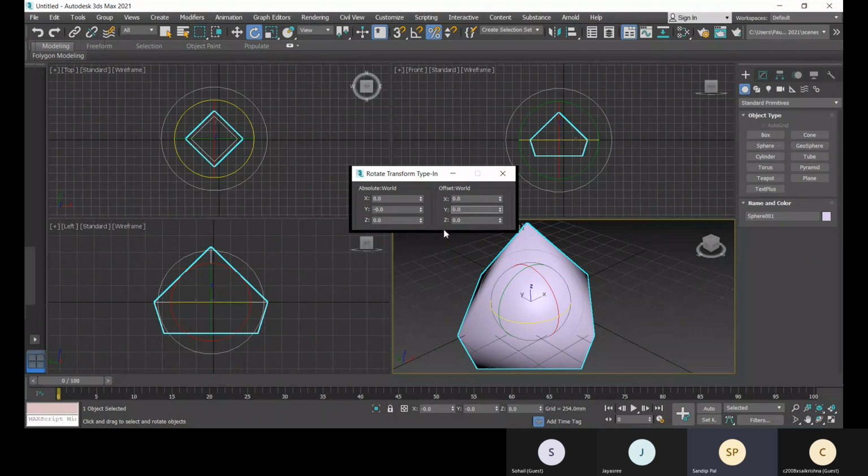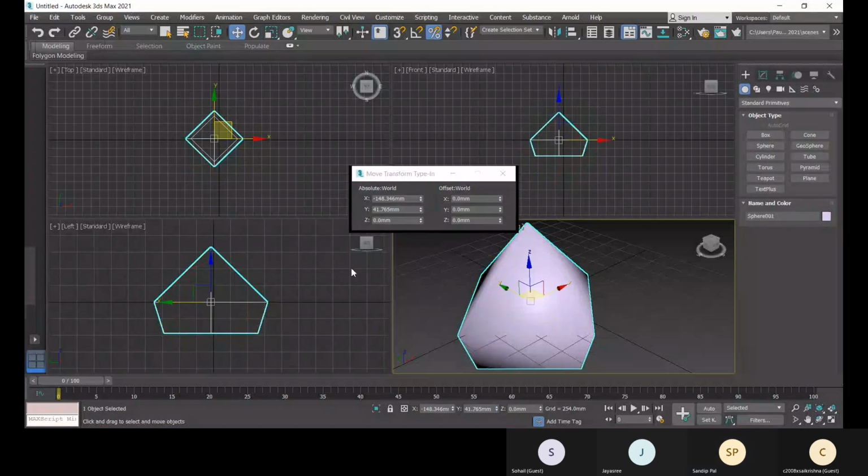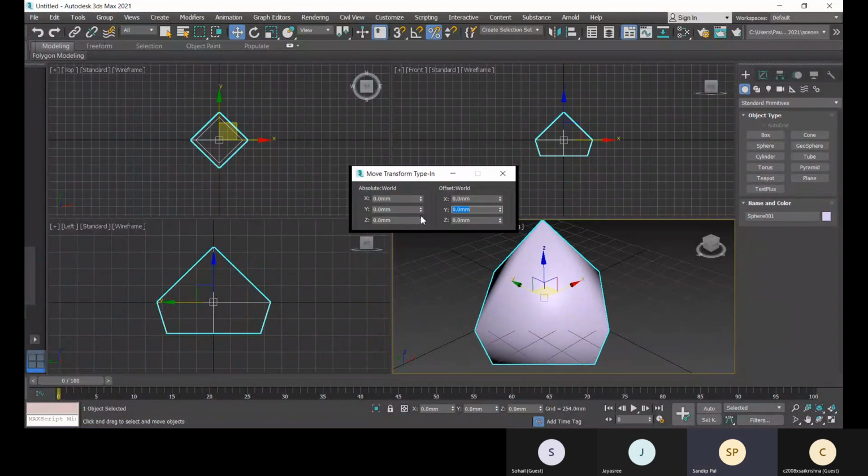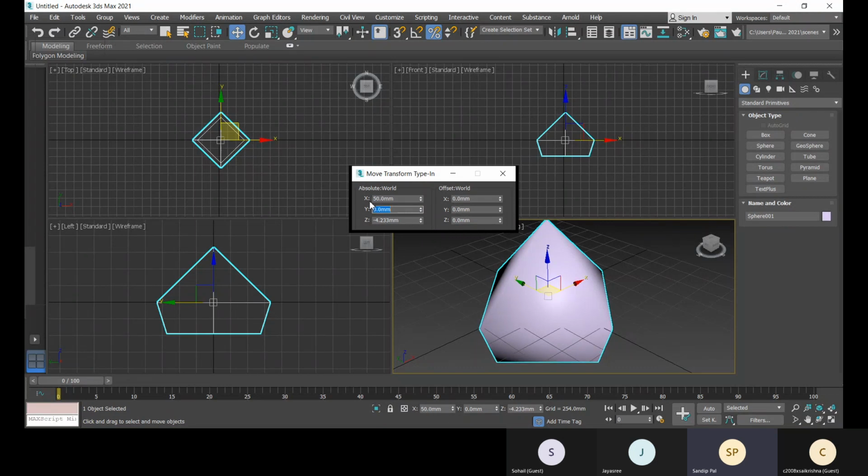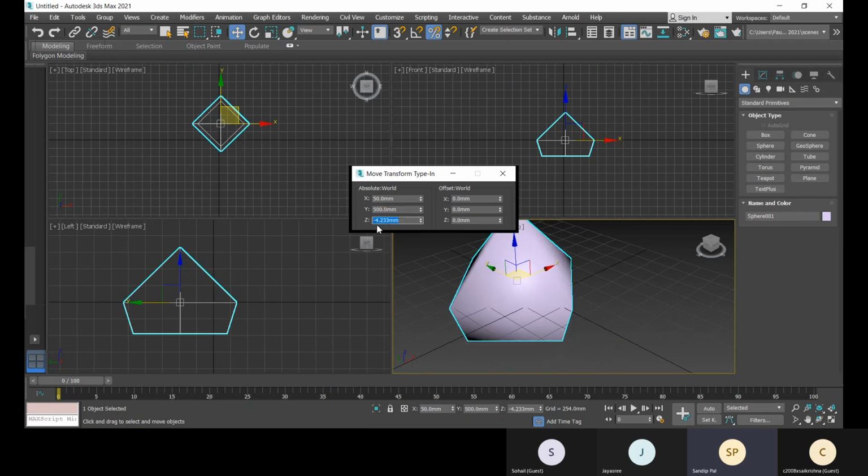So if you press W, then from here also you can make it. Here you can give the right value, like in the X direction you want to move 50 mm, or 500 mm in the Y direction, right?